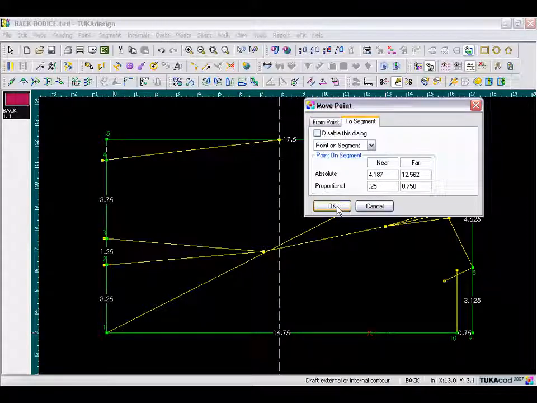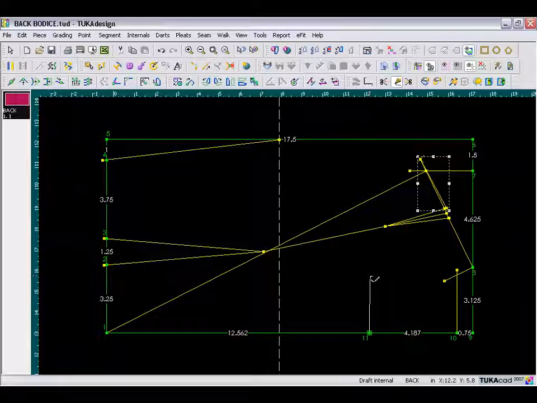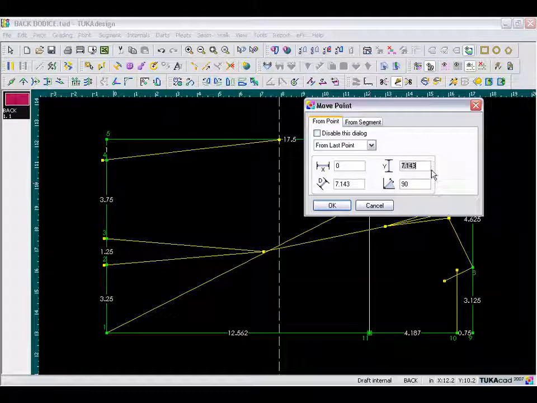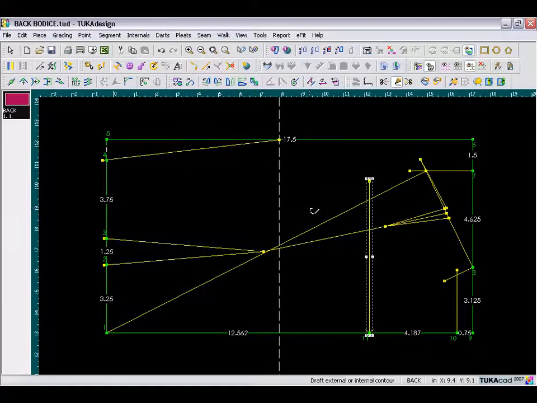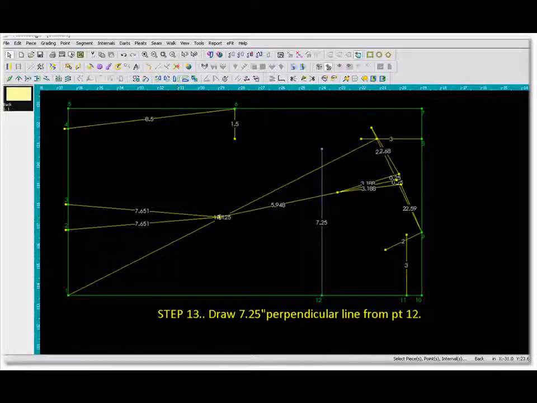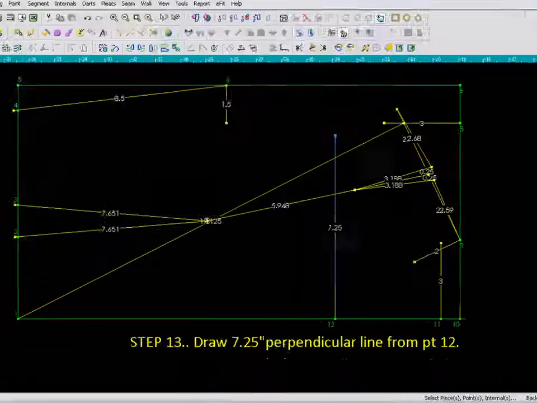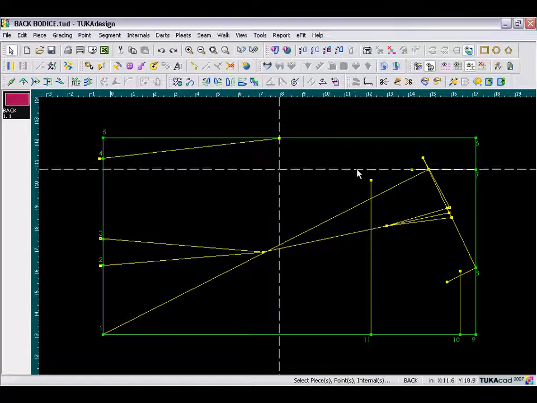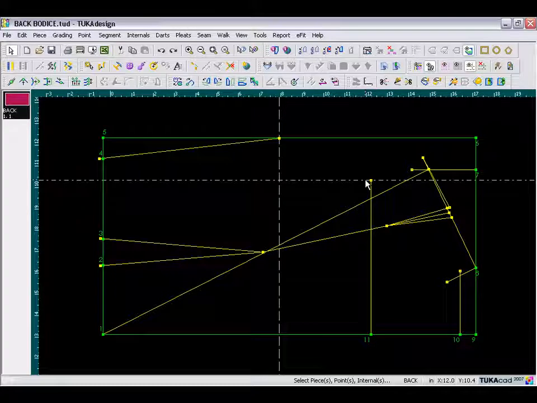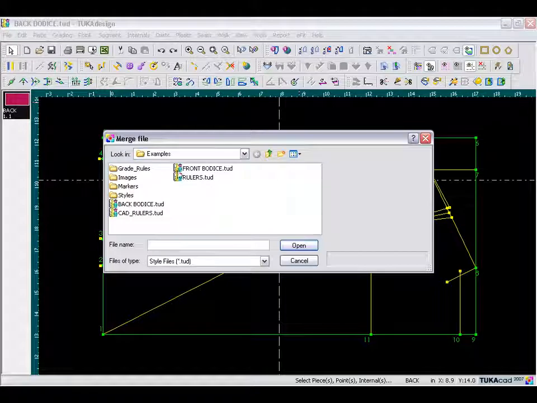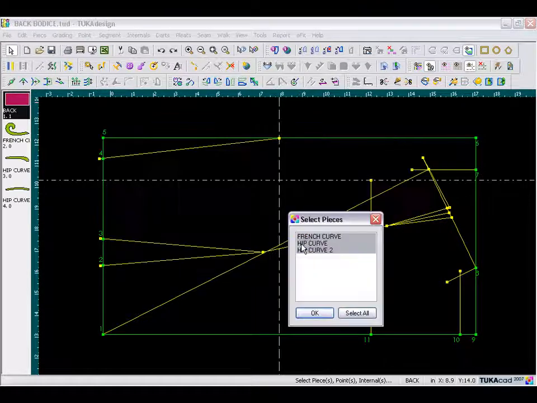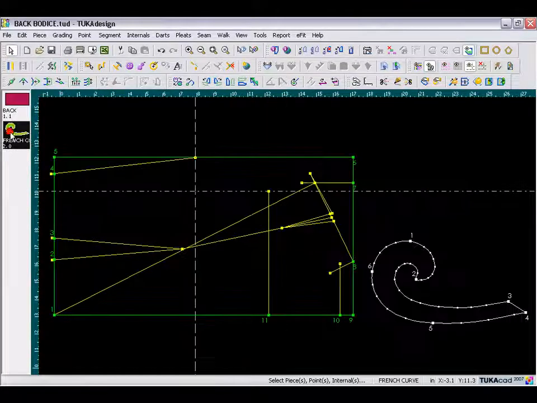which is 0.25, and then draw a vertical line exactly 7.25 inches. So on the Y we type 7.25 and finish. Okay, then we can drag a guideline from the top of the screen to that point for placement. Okay, then we'll go into File menu and merge the CAD ruler, and we need the French curve from my file. So I bring that down onto the working area,